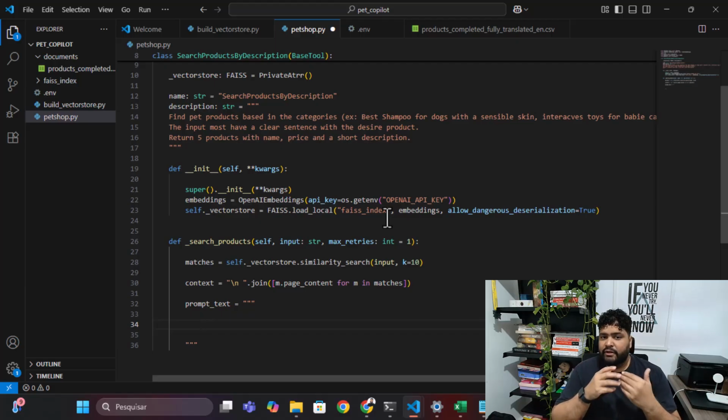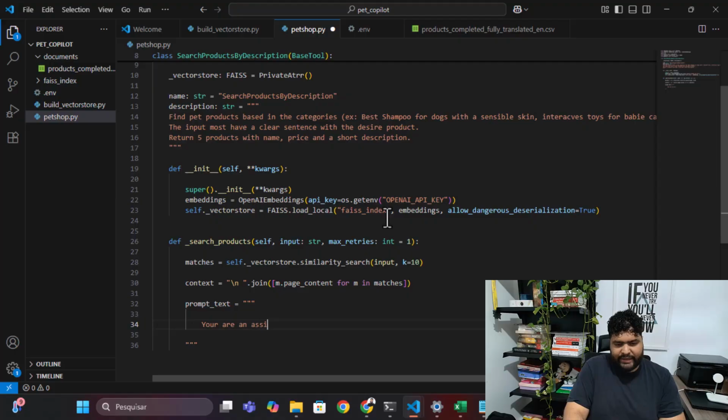So if I'm not using the ReAct strategy here, I will try to use chain of thought inside my prompt engineering, right? So: you are an assistant